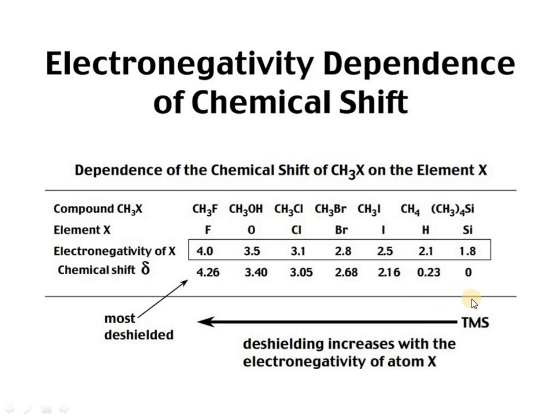So as the electronegativity decreases, this is most electronegative and so on, the deshielding increases in the opposite direction. Deshielding increases with the electronegativity of the atom. The more electronegative the atom, the more the withdrawal of electron density, and so the more the deshielding. The more the deshielding, the signal will be shifted downfield, that is 4.26, then it is decreasing, 3.4,